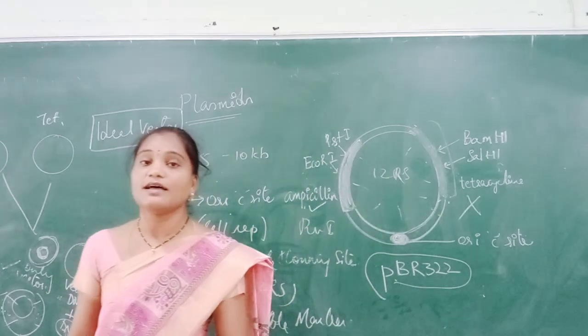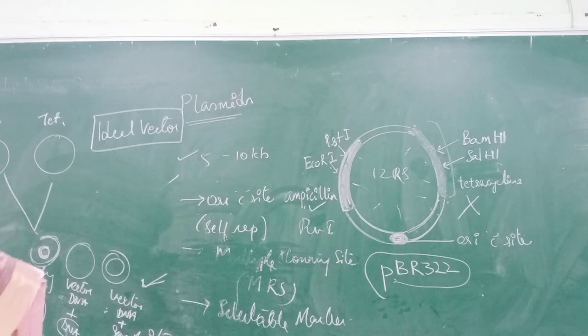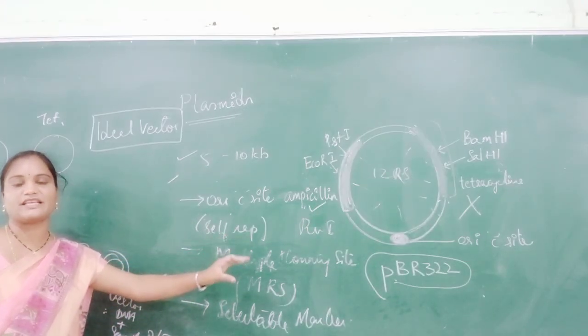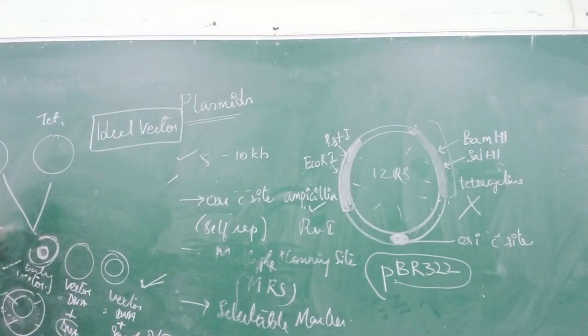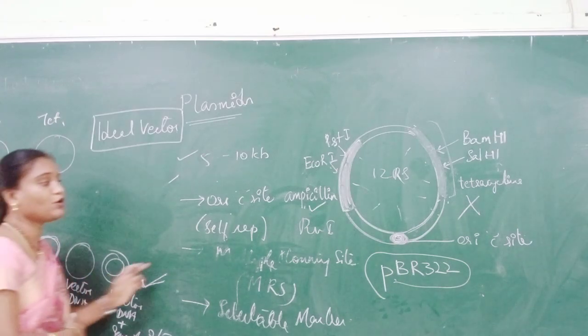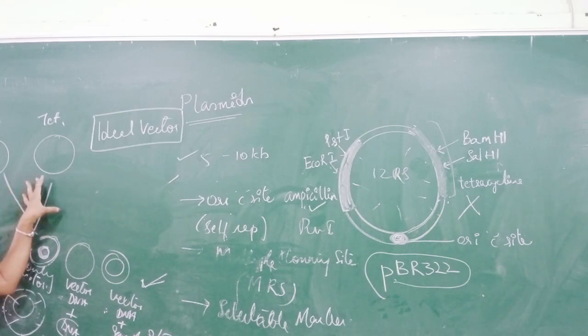So this is the major genetic feature that is observed with your pBR322 because of the placing of selectable markers. In the first case, no growth is observed. Why? Because both your ampicillin and tetracycline sites are left free, because no DNA insert is placed in your first case. Hence, this vector is not resistant to ampicillin and tetracycline. So no growth is observed.